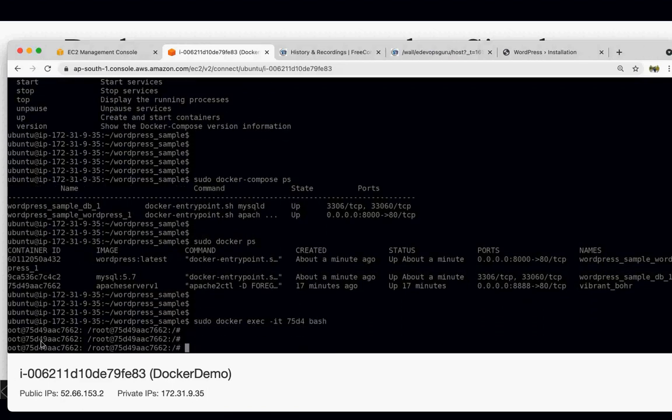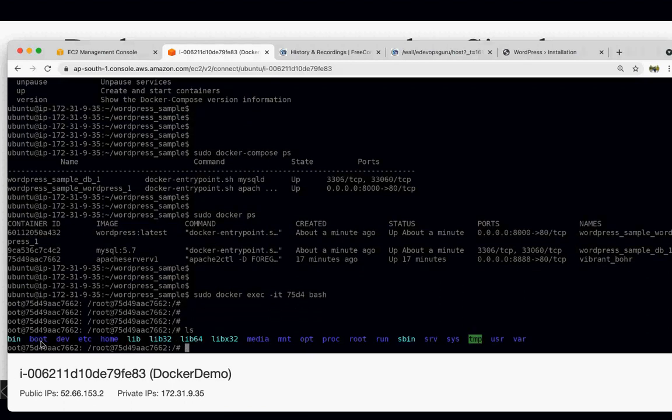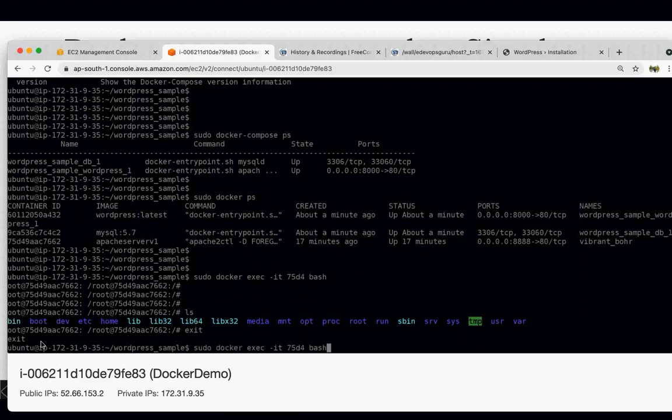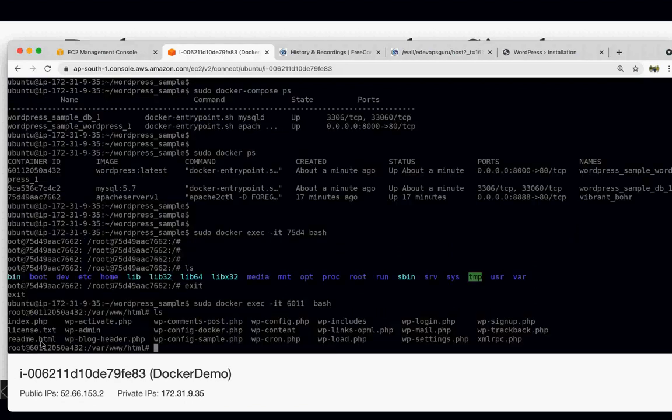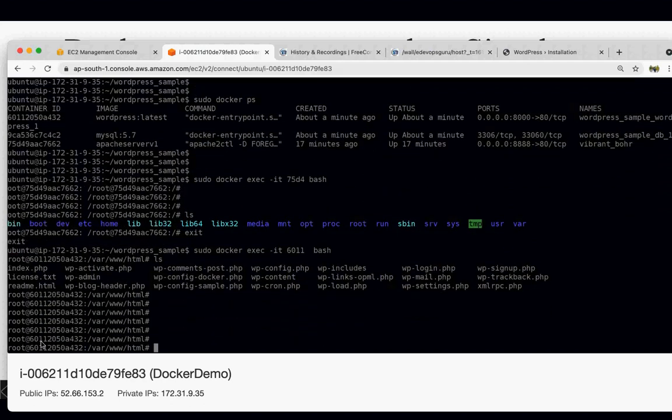Then bash, and you are inside this particular server. Basically it is an Apache server. Let me change this number to WordPress, for example 60. This command is useful if you want to search something inside it, find a particular log, or see how things are getting installed.